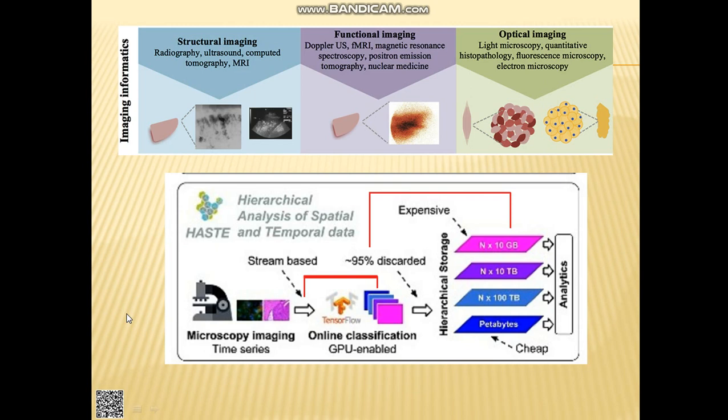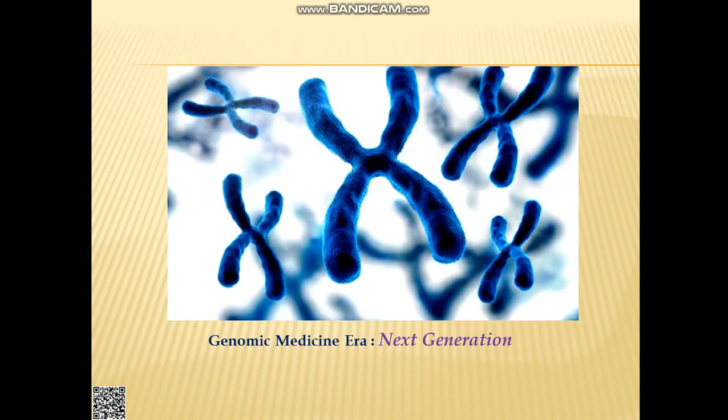Now, how exactly do we do it? For that, we have a standard protocol, HASTE, where the microscopic imaging is fed into an online classification system, which is a neural network, and then it identifies a particular kind of cancer and does the scoring. On the basis of the scoring, the analytics, the clinician can take his or her decisions. So we'll come to those kinds of things a little later also.